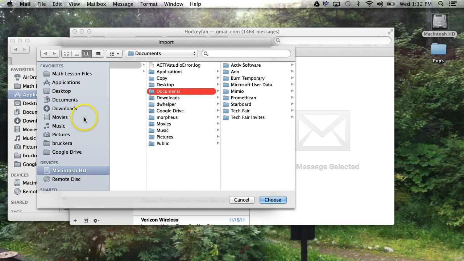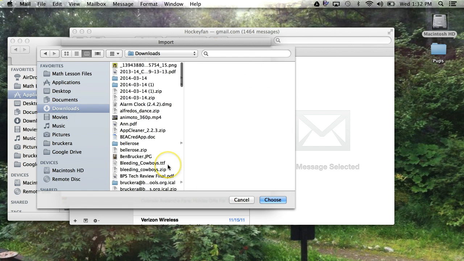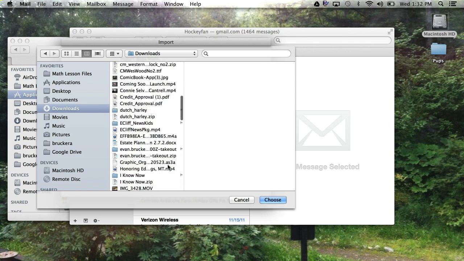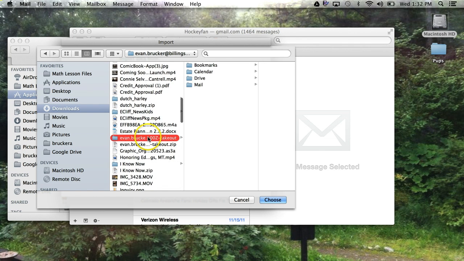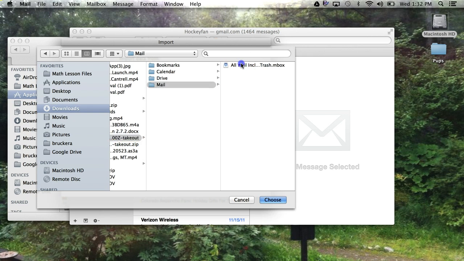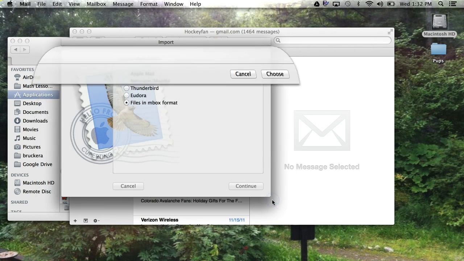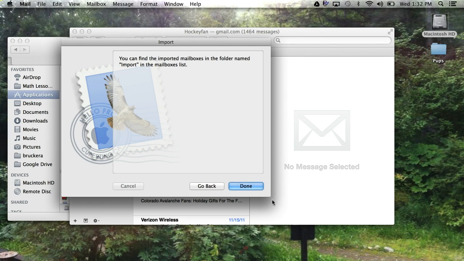One more time, locate the folder from your imported Takeout. You'll probably need to go to your Downloads folder and find the file. You're looking for the one that says Mail with the extension MBox. Once the import is complete, you'll see that you can find the imported mailboxes in the folder named Import in